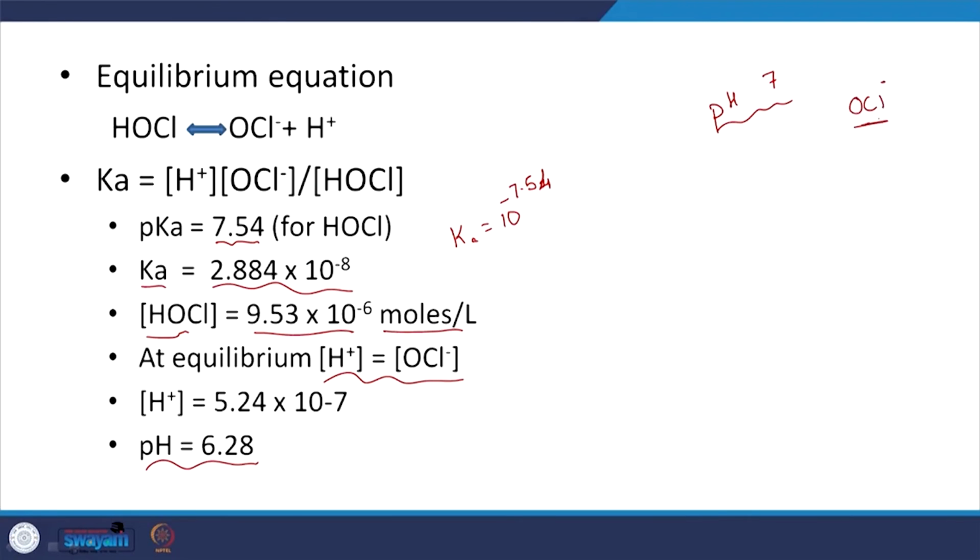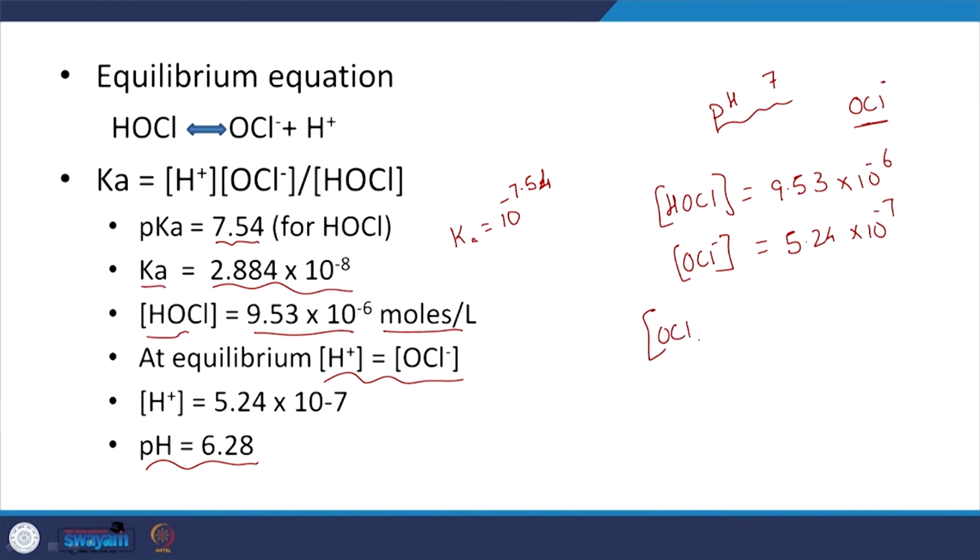So the approach here should be, let's say, I know the equilibrium concentration of HOCl to be 9.53 into 10 power minus 6. I know that the OCl minus concentration will be equal to the H plus concentration from here, that is equal to 5.24 into 10 power minus 7. So the total OCl, or OCl total, which is equal to HOCl plus OCl minus, will always be constant,